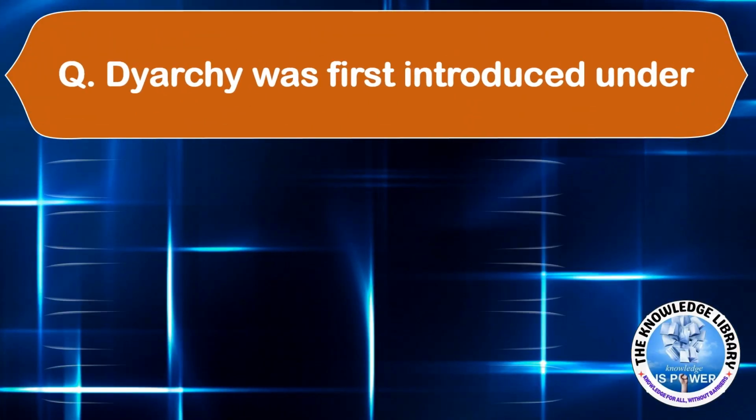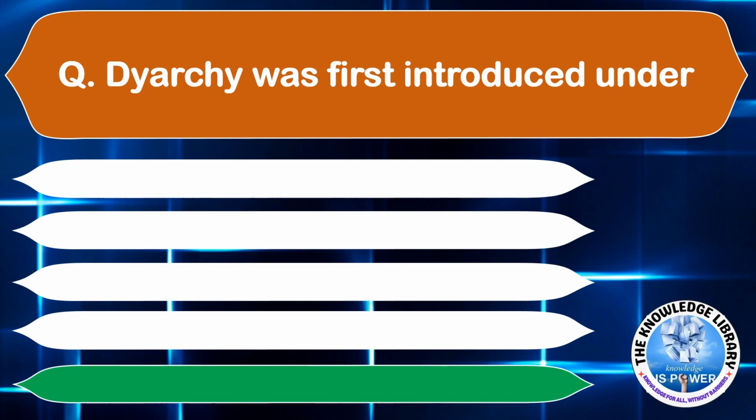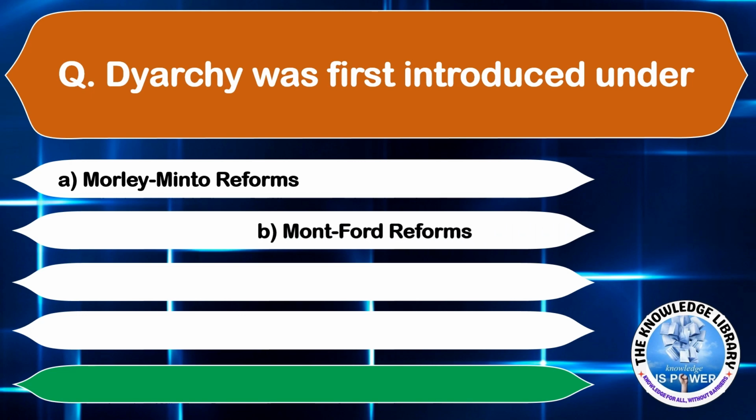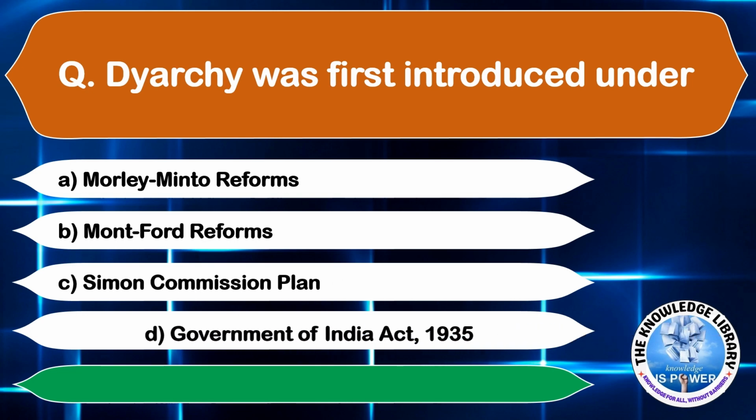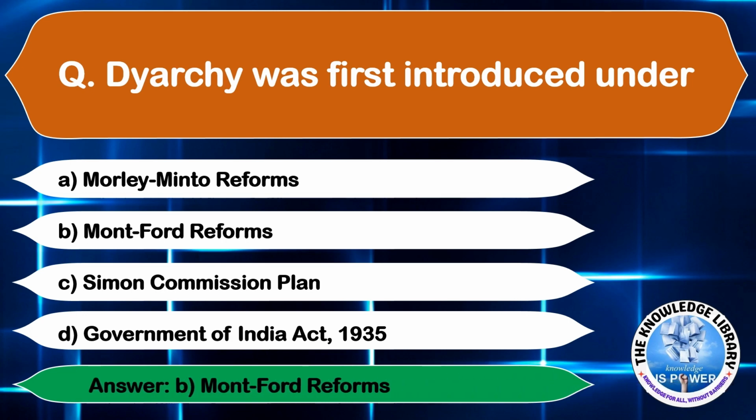diarchy was first introduced under the option A, Parliamentary reforms, option B, Montfort reforms, option C, Simon Commission plan, and option D, Government of India Act 1935. The correct answer is option B, Montfort reforms. The next question is,